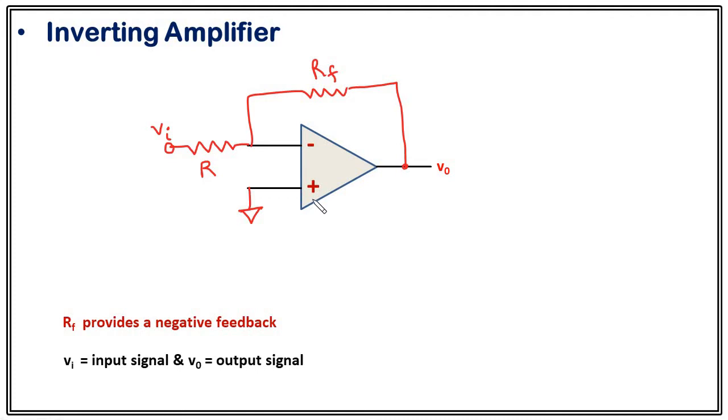Now it is important to study this amplifier circuit. It is very important to calculate the amplification factor, that is the gain, for this closed loop circuit, as we have connected the op-amp with the feedback network. In that scenario, the gain of the complete amplifier system is called closed loop gain. So we need to calculate that. But before calculating that, we need to have the concept of virtual ground. Without that, we cannot calculate the amplification factor for the inverting amplifier.